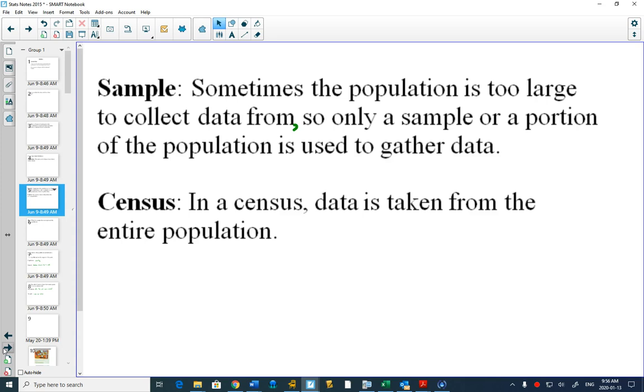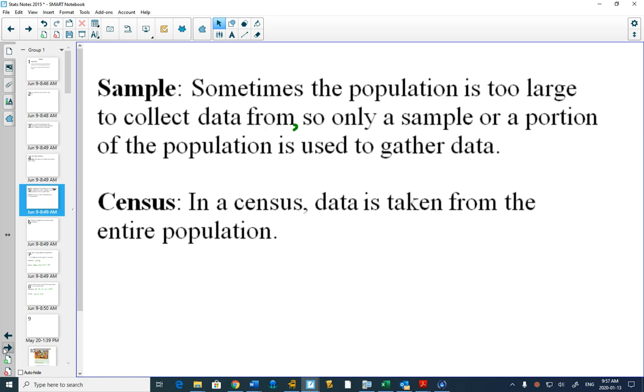Right? If I want to find out what Canadians think and I decide to ask people from all over the population, but I only ask girls in grade 5, and use that result to say this is what Canadians think across the country, it would be different. So you need to ask young and old, men, women, girls, boys. If you want a complete sample that isn't biased, it has to represent the population. So that's a sample. In a census, they take data from the entire population.